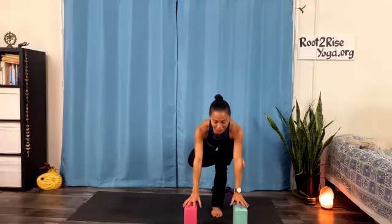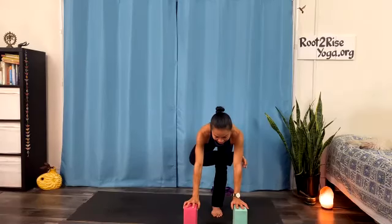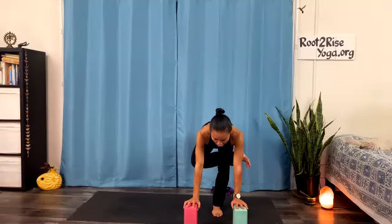You might venture into raising your arms or climbing them down a wall or placing your fingertips on blocks. Continue here for 4 more breaths. Feel an even drawing of both sitting bones back and down with a slight